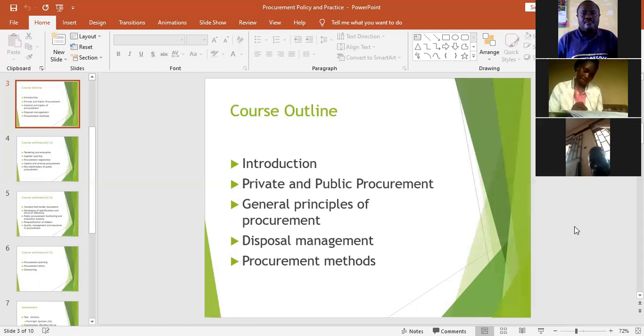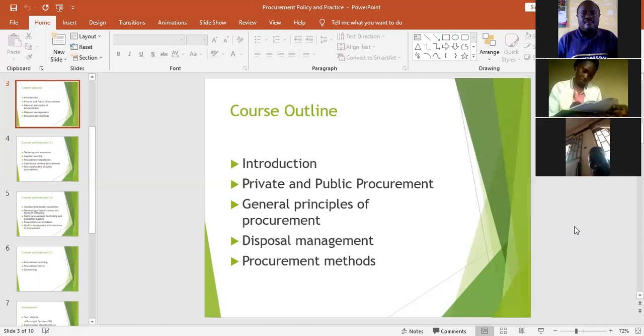Another method of procurement is called micro procurement. We have micro and then we have macro. Micro procurement is a type of procurement of low value and simple method, and it is a common method, by the way. In most organizations, we say it is a method of procurement of low thresholds, majorly below 500,000 shillings.